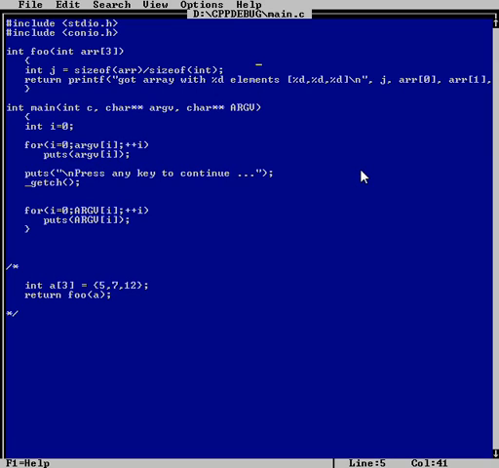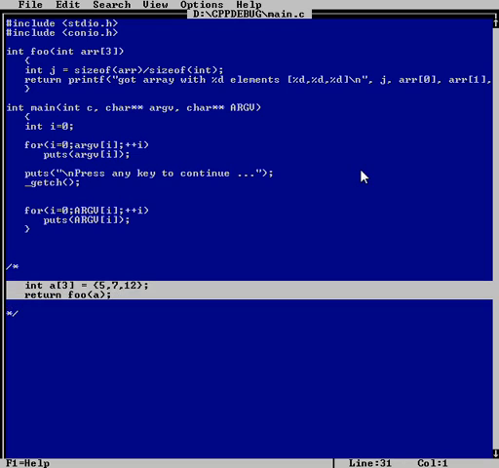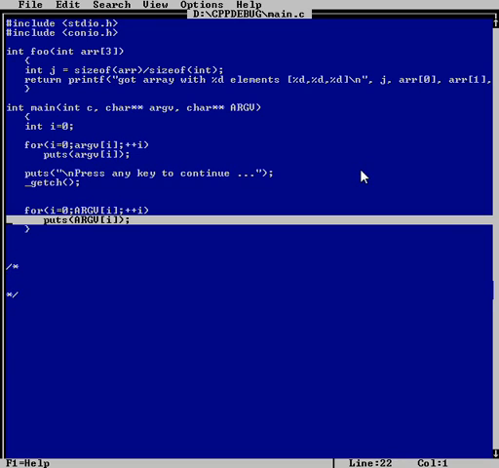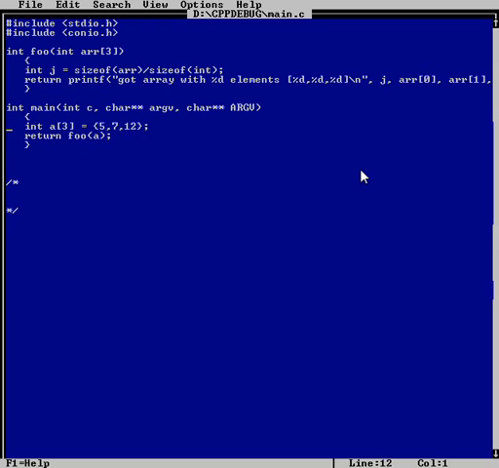So we found out anyway that, and another thing, which is that this here is a lie. If I go back to this main, and I really want to tell foo how many elements are in that array, I've got to work it out myself. Pass that in as another argument to foo,